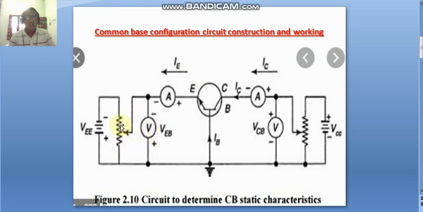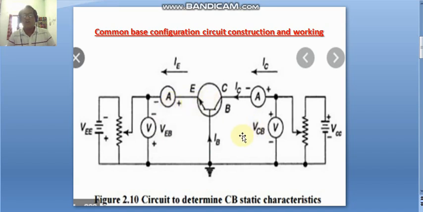One rheostat is arranged in series with the battery, voltmeter and ammeter. The voltmeter is connected in parallel in the input circuit because a voltmeter is always connected in parallel in an electronic circuit. Similarly, the ammeter is used to measure the current, and this ammeter is always connected in series.